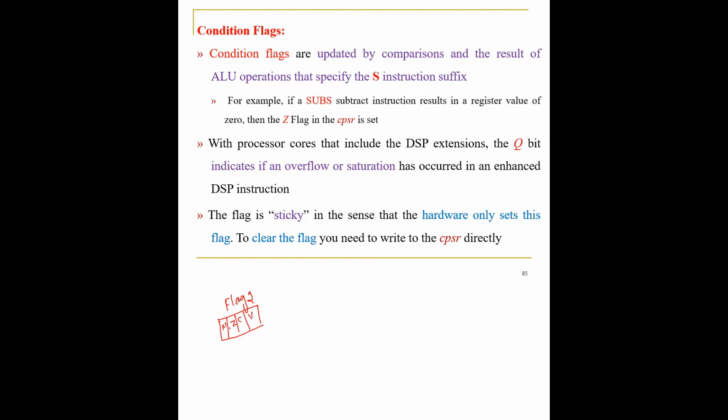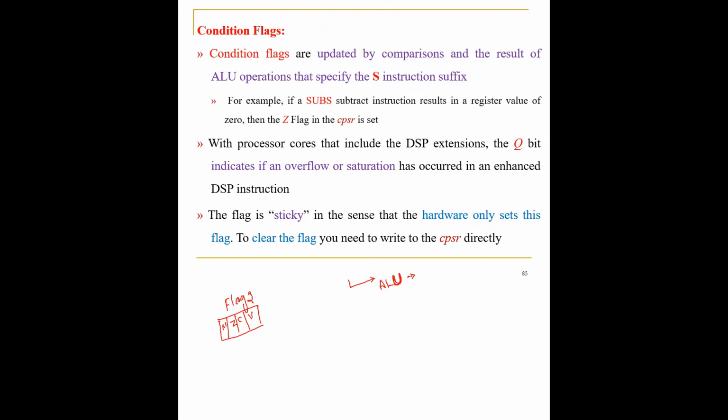Negative flag, zero flag, carry flag and overflow flag, isn't it? Now, condition flags: when will these flags be updated? After a particular instruction has been executed. Let's say it's an ALU instruction. After your ALU does an arithmetic and logical operation,